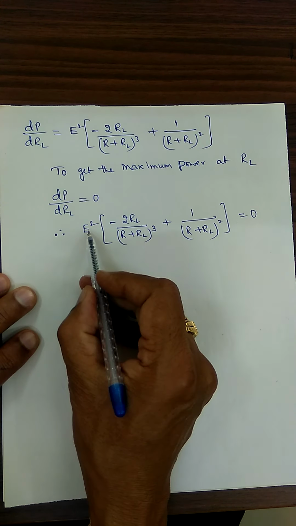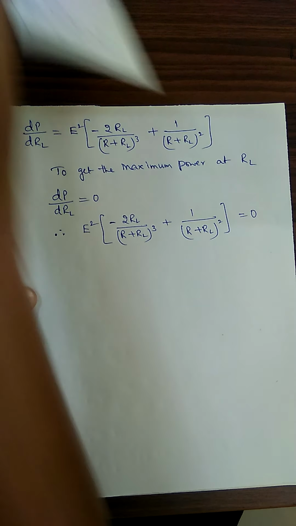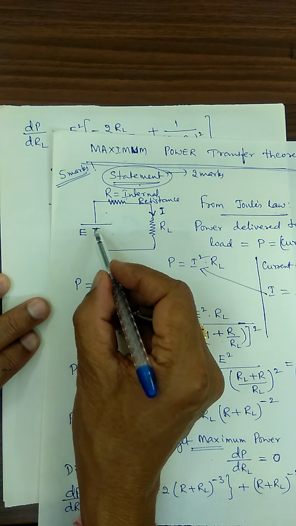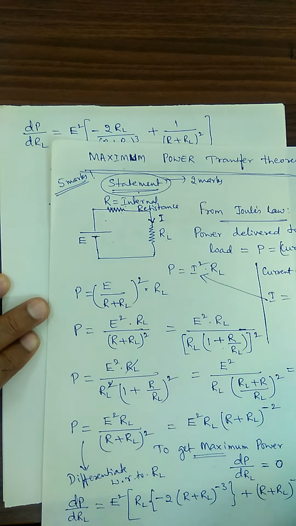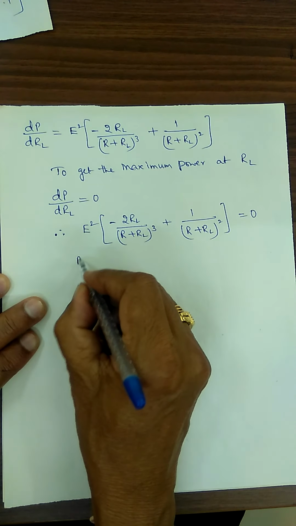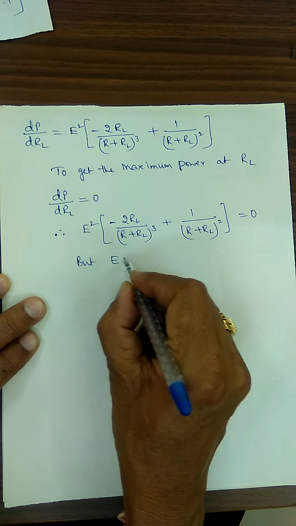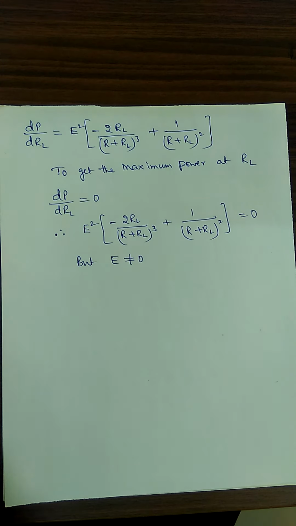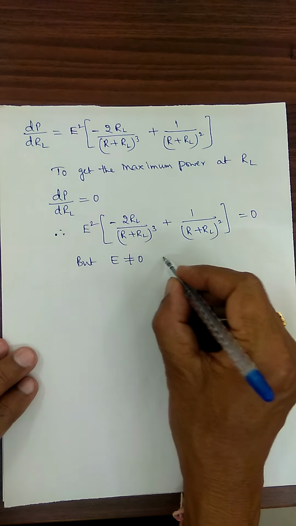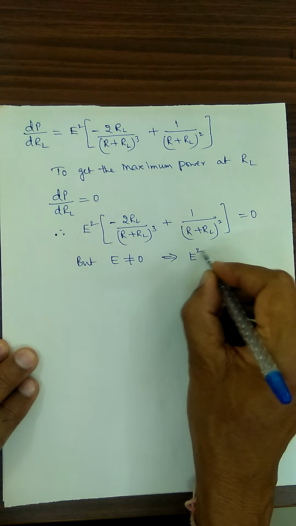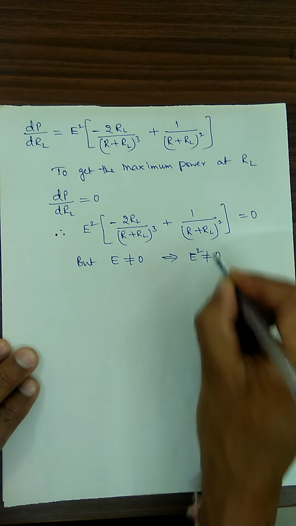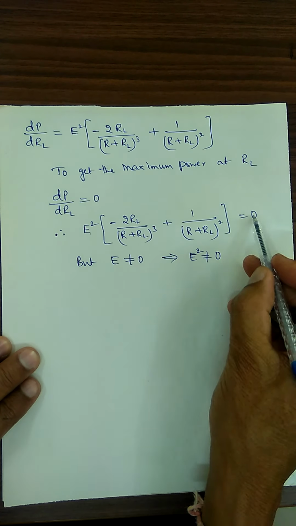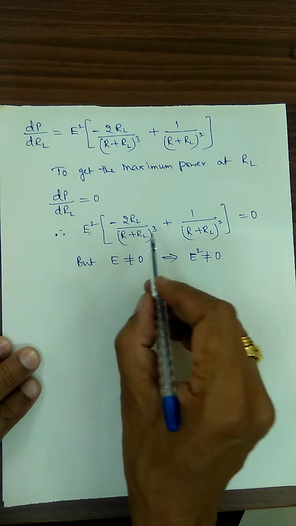Okay. Here EMF cannot be equal to 0. I hope you understood. This is the EMF: 2 volts, 3 volts, 5 volts like that. This cannot be equal to 0. Therefore, EMF cannot be equal to 0. As EMF is not equal to 0 here, I can say EMF square cannot be equal to 0. Therefore, if A into B is equal to 0, if A is not equal to 0, then B must be